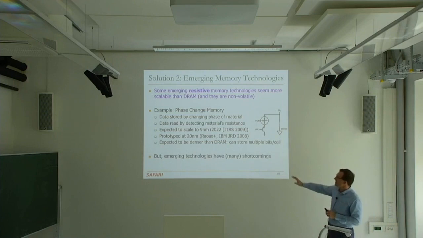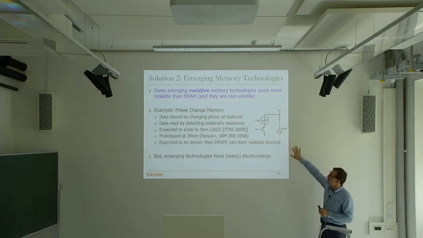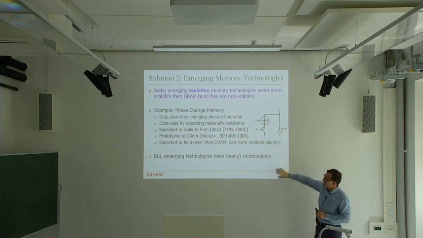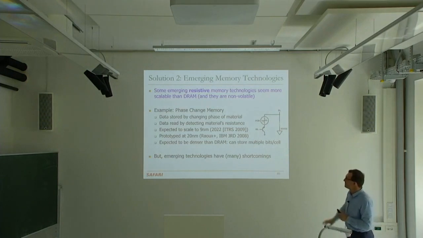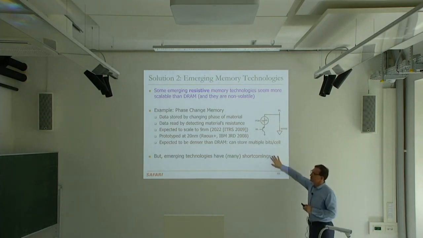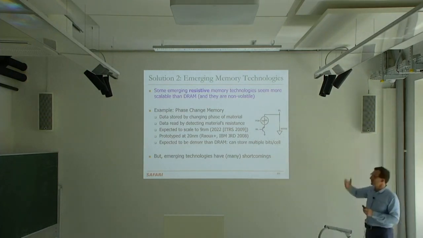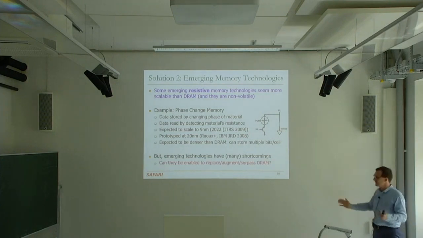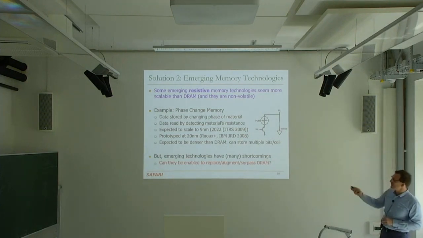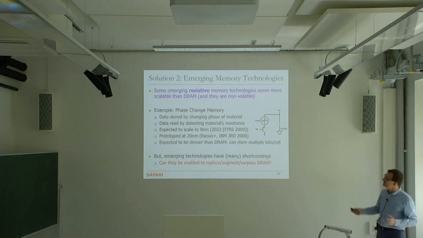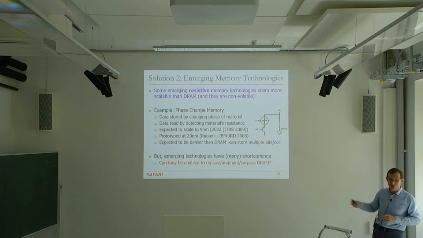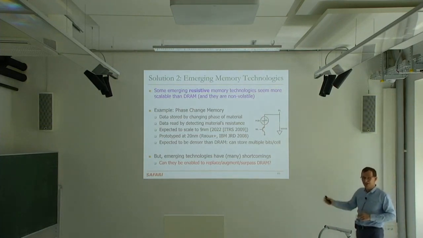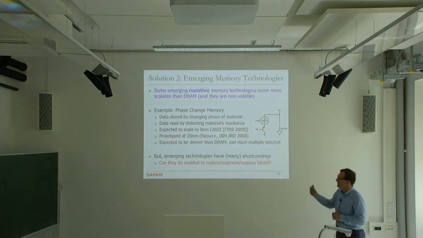The problem is, and this is just one example technology, which I believe is real at this point in memory, but there are other technologies like STT-MRAM, memristors, RRAM, which are also very interesting. The problem is emerging technologies have many shortcomings, as Intel is also finding out with their existing device right now. For example, latency is a big problem. Energy is a big problem. Energy in terms of access energy. They don't have a big refresh problem. That's one of the reasons they're also scalable, but they have an access energy problem, as we will see.